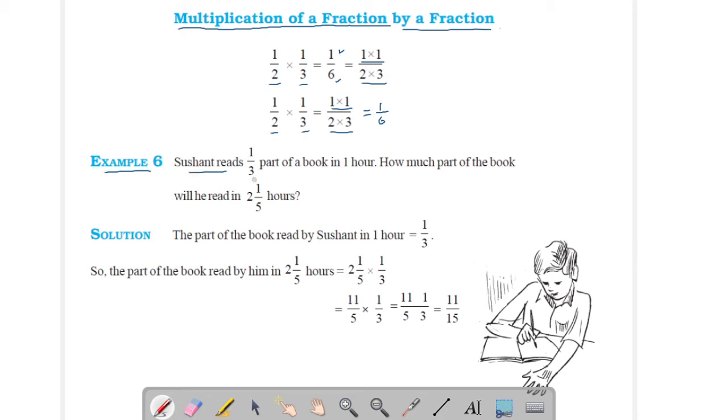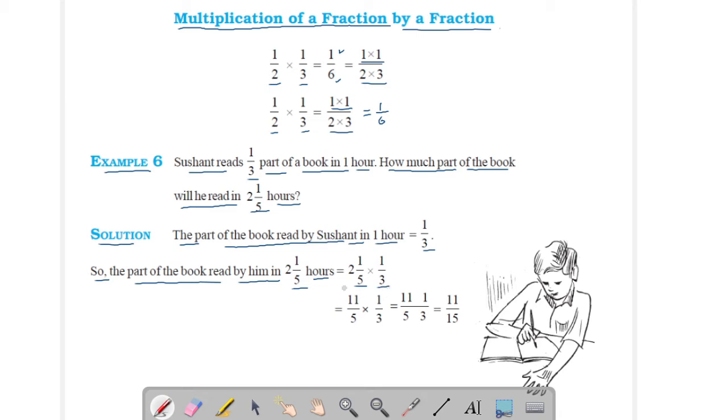Sushant reads 1 upon 3 part of a book in 1 hour. How much part of this book will he read in 1 upon 5 hours? So see the solution. The part of the book read by Sushant in 1 hour is equal to 1 upon 3. So the part of the book read by him in 1 upon 5 hours is equal to 1 upon 5 into